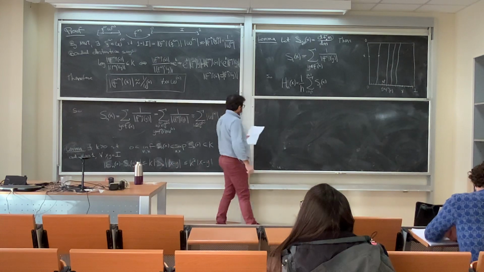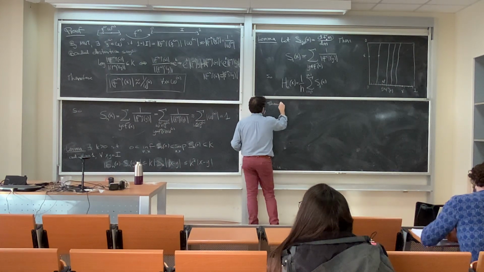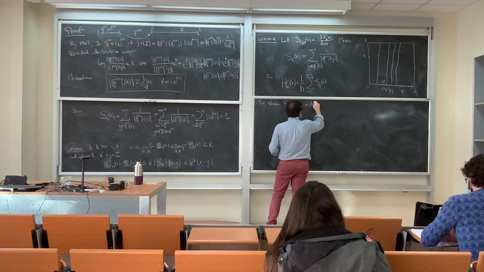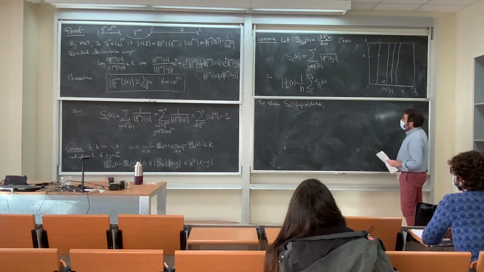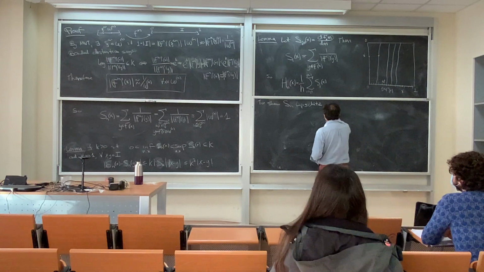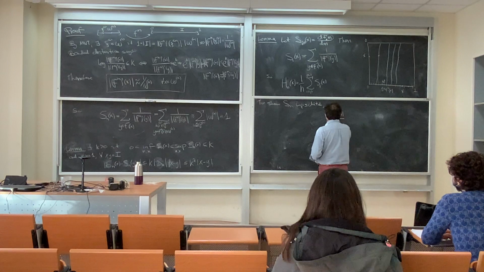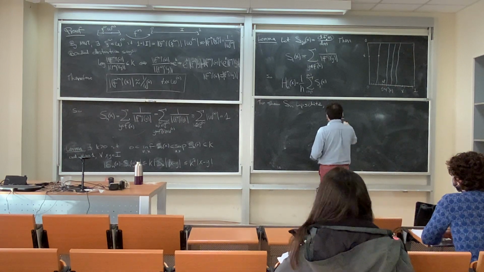So now again we use the bounded distortion to show Lipschitz. Again we will see that Fn prime of x over Fn prime of y